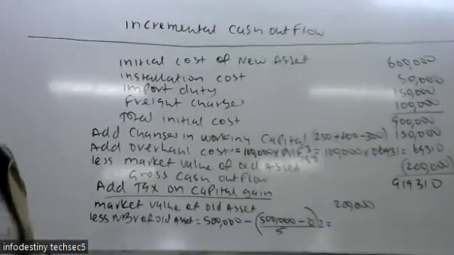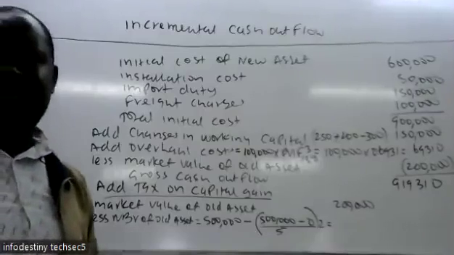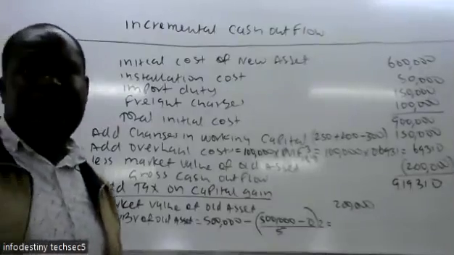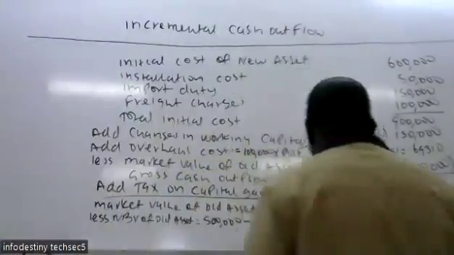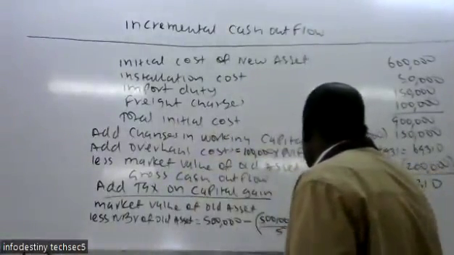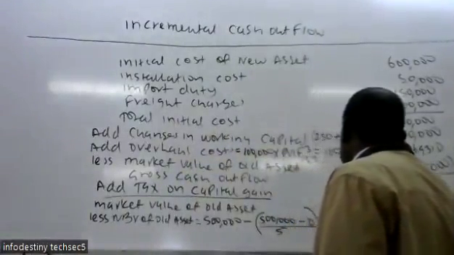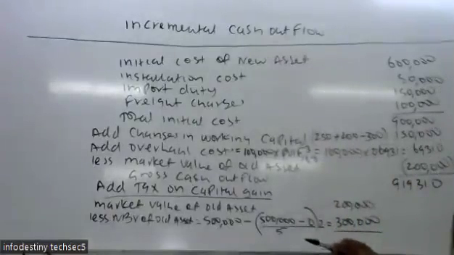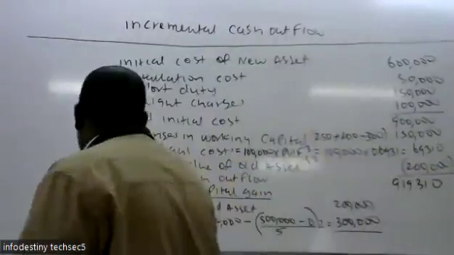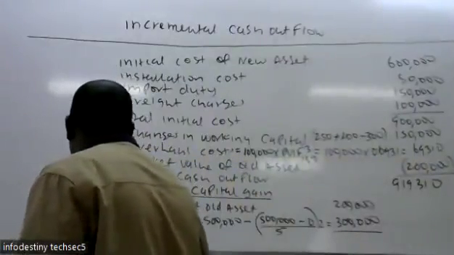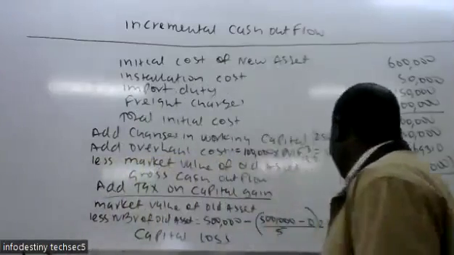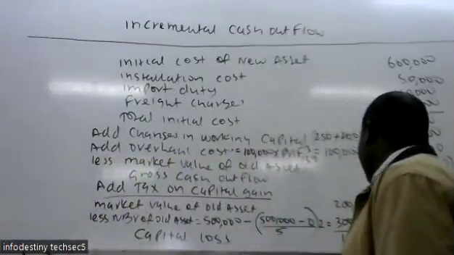Anyone who has calculated? Because I'm relying mostly on you people for confirmation. So they are saying 300,000. So we minus the 300,000. But now this one is a capital loss. It is a capital loss. So when it is a capital loss, we ignore